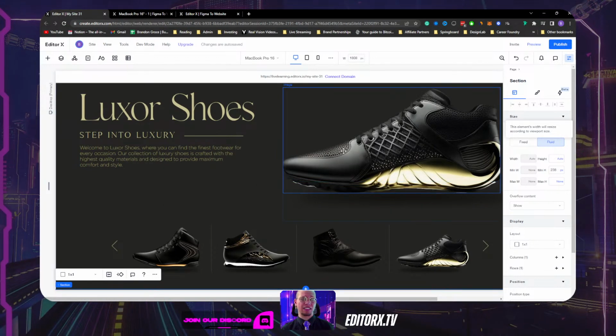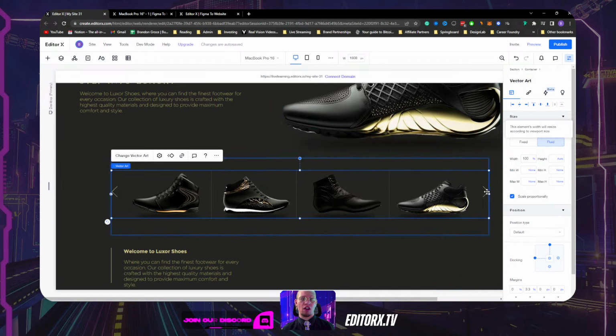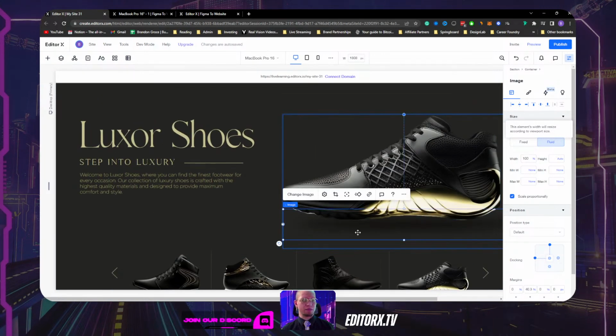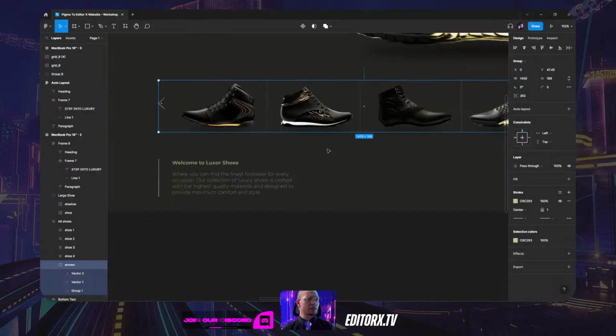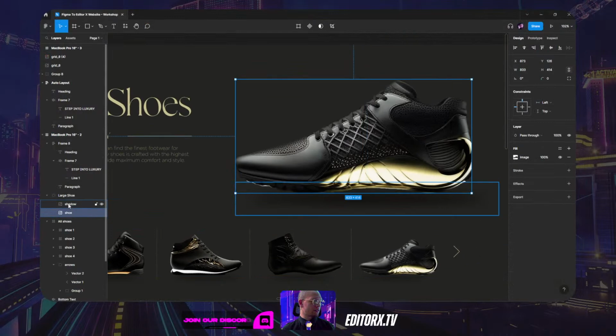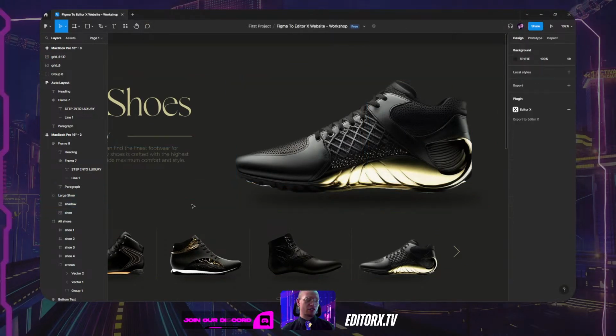But sometimes it's a little finicky. I think with vector arts, they kind of push them together. But for example, I grouped my image and my shadow in Figma, if we look here, and it did not group them together. So the only thing you really need to remember is